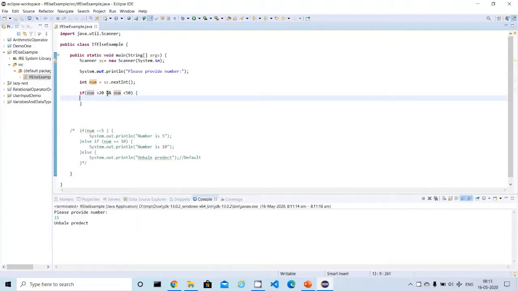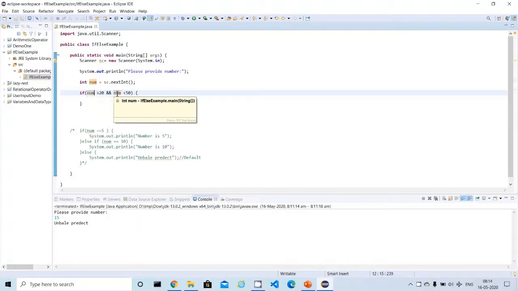Now come back to the AND logical operator. What will this AND do? It combines the result of the left side and the result of the right side. If both results are true, then altogether it will generate a true. If either the left or right side's execution result is false, then the overall if condition will become false.